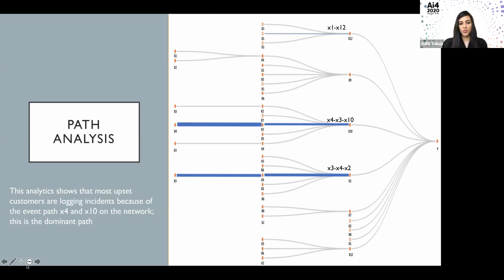It is also leading the customer to file a complaint. It worked for me as a filter criteria because initially I was working with 50 million subscribers and it was a huge amount of data to be processed. Based on this path analytics, which is continuously running in the backend, I filtered out the rest of the customers.